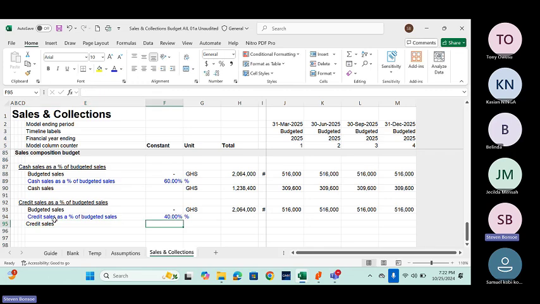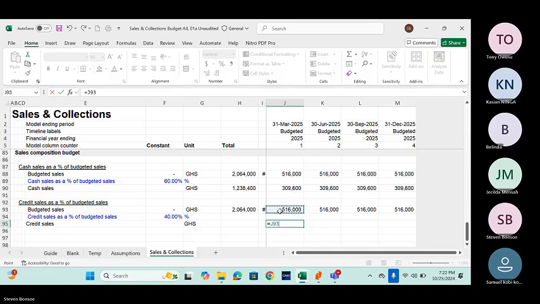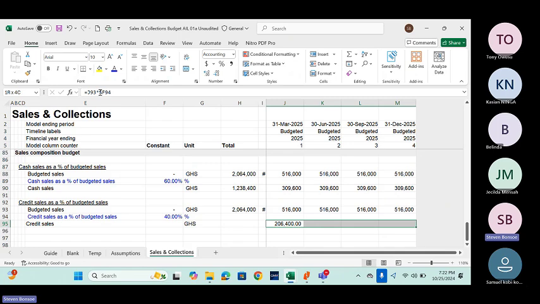So we call this credit sales. We put here our unit of measurement. We begin with the equal sign. We select J times F94. We go into the formula bar, and then we place the $ in front of the column letter F. Press Control Enter, Control Shift right arrow, Control R to fill it to the right, and then we can put